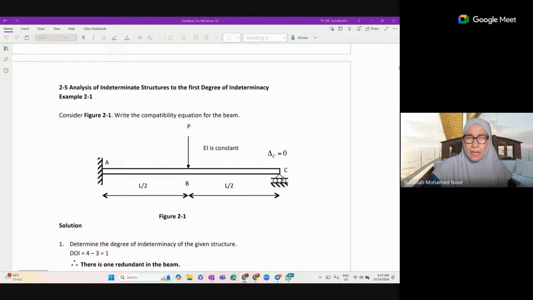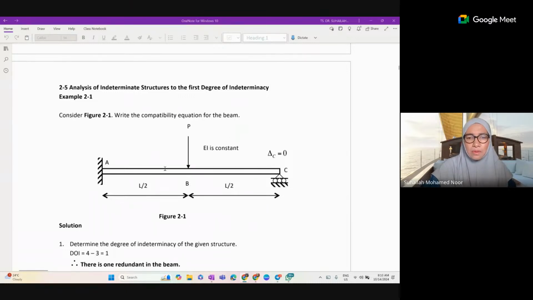The compatibility equation is based on displacement, and in order to calculate displacement, we have to go through all the process, starting from reaction, internal forces, and displacement, and then we put into the formula of displacement, then we will get the compatibility equation. Always remember that the compatibility equation is based on displacement, so we have to find displacement at the redundant position. So for example, this beam